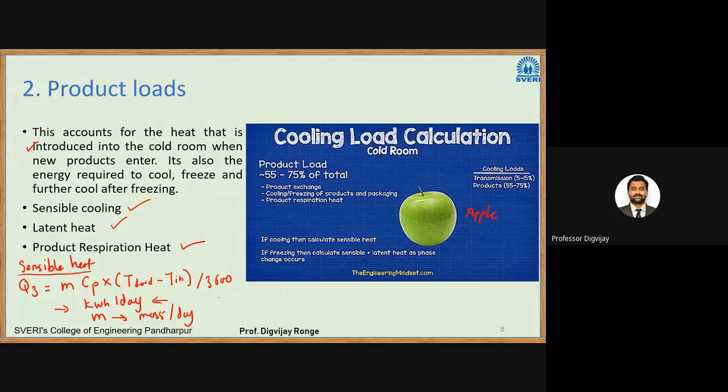Okay, and the second will be respiration. So respiration will be Q4, equal to mass, whatever that is there, times the respiration rate of that fruit or vegetable. If you Google this respiration rate, you will get some values in the form of tables. The apple's is this much, the banana's is this much,